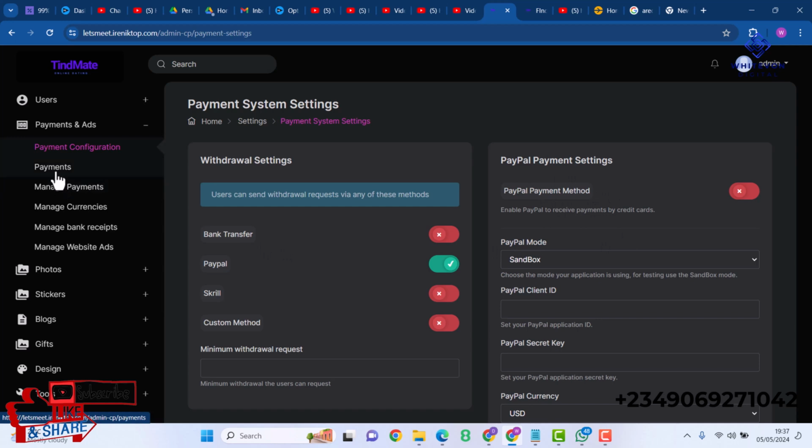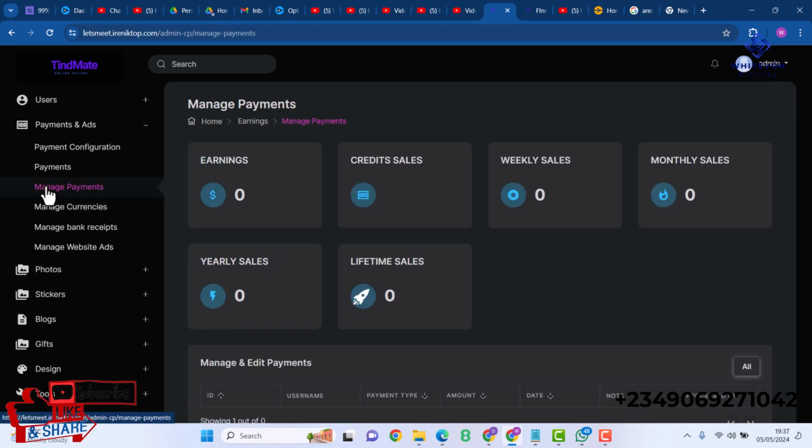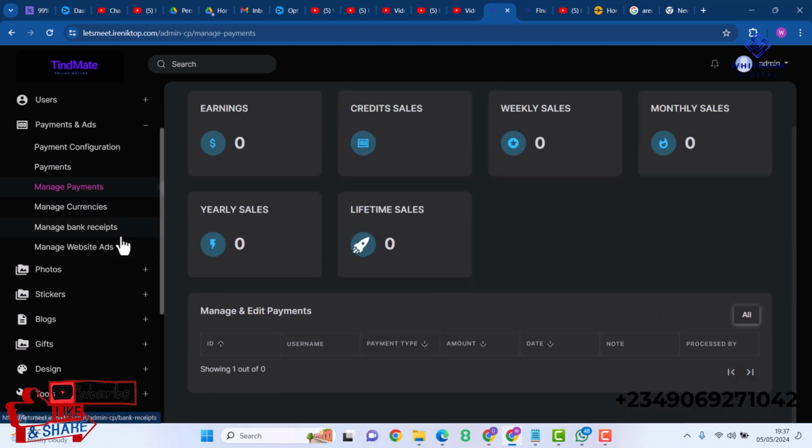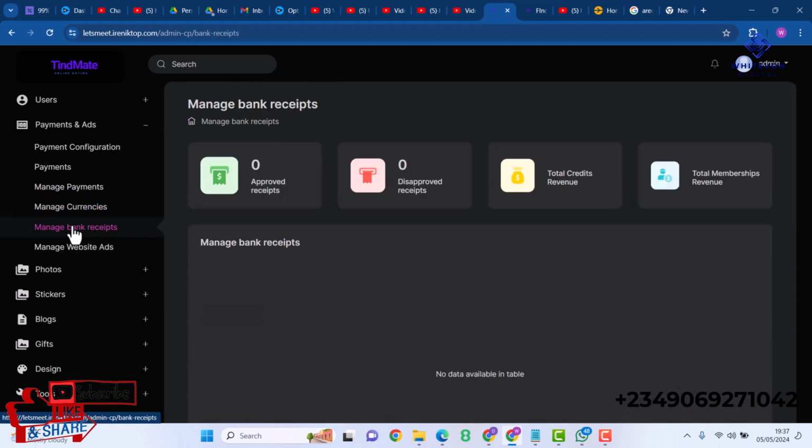Here we have payments, and under payments we do not have any payments yet. Remember, the amount of credit which was credited to Sarah was done automatically by the admin, so we do not have the record here. We have manage payments, and right now we do not have any payments. Here we have manage currency, we have manage bank receipts, and these are for manual deposits. Here it says approved receipts, disapproved, total credit revenue, we have total membership revenue, and then here